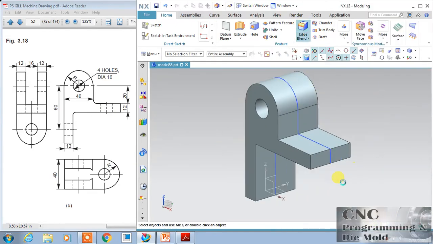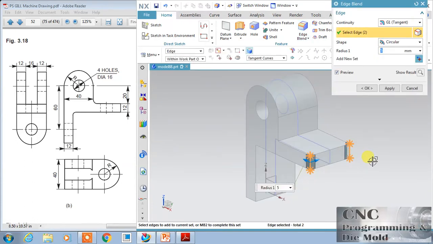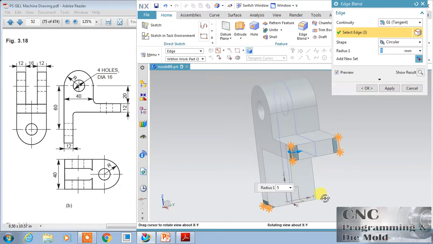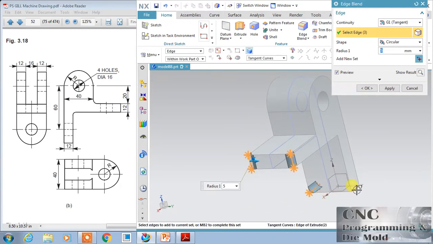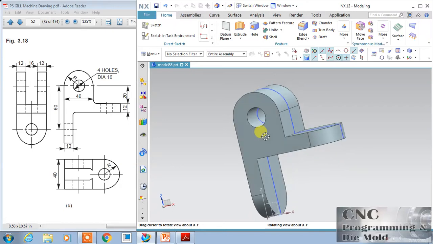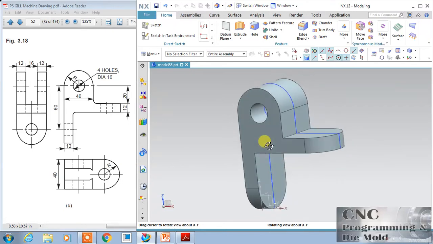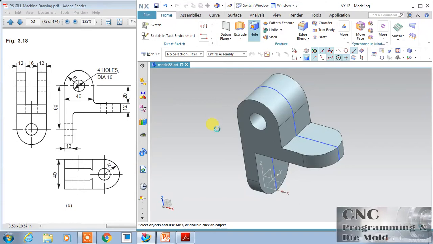And the radius, these two radii and these two radii. This is of diameter 40, and 20 is the radius. So change the radius to 20 and automatically this all will change. And now I want to create a hole, so we have this hole command directly.